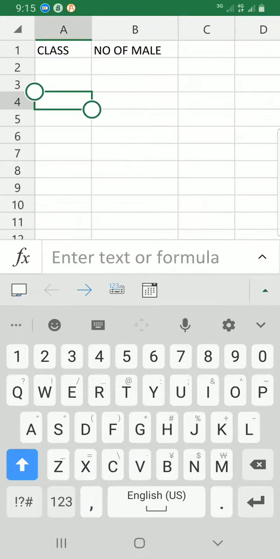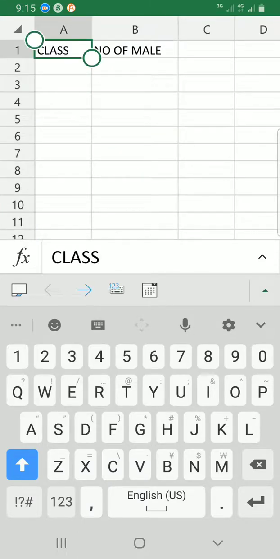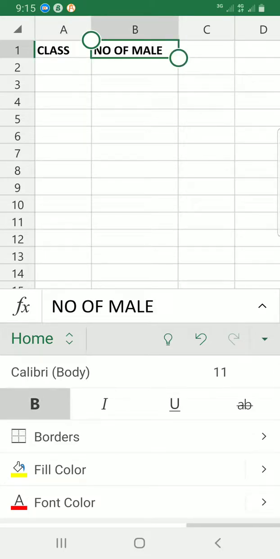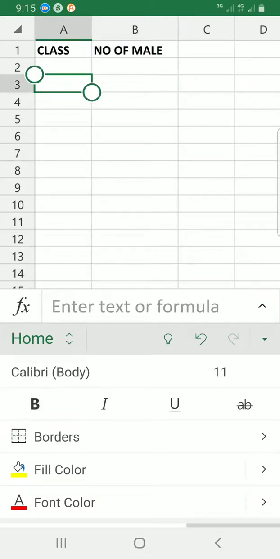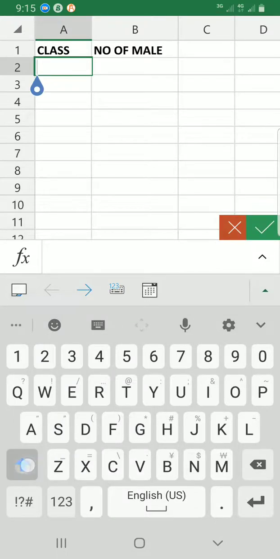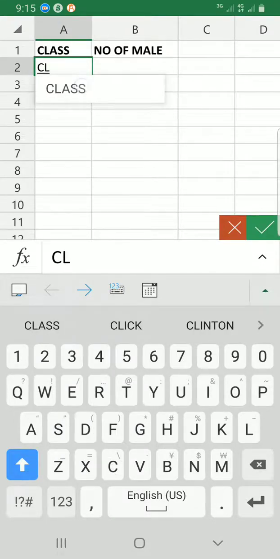Let me make it bold by selecting the cell and then tapping on the ribbon display option, then select bold. That's to show that these are headings. So I have different classes. Double click there. Class A,